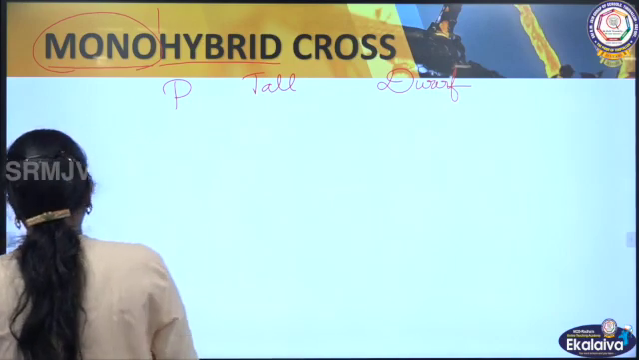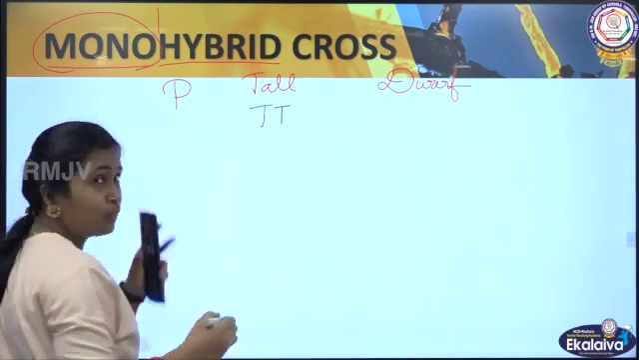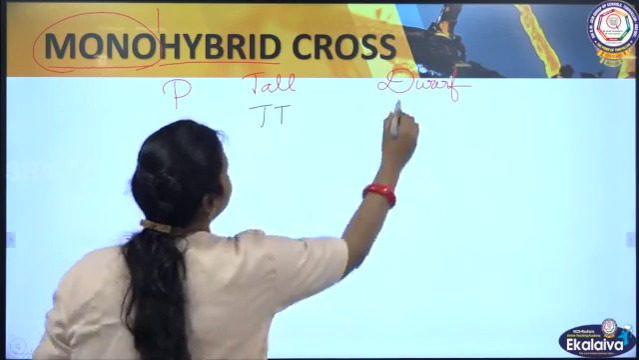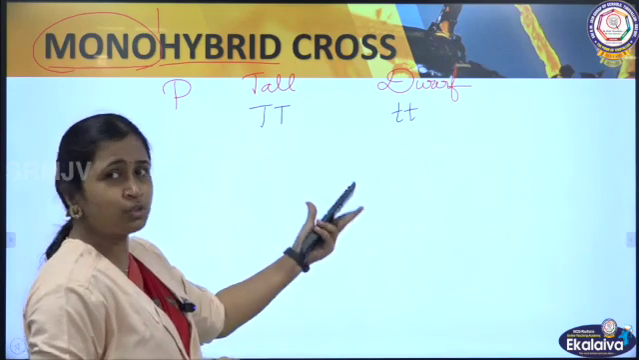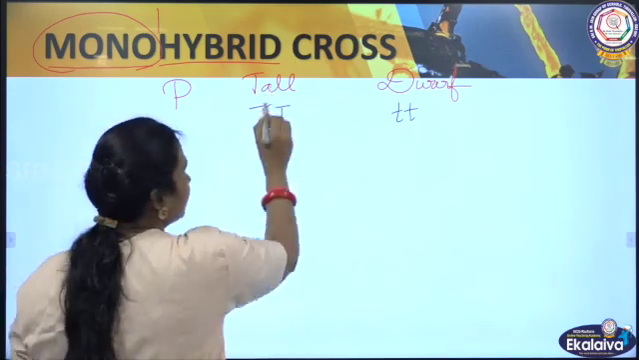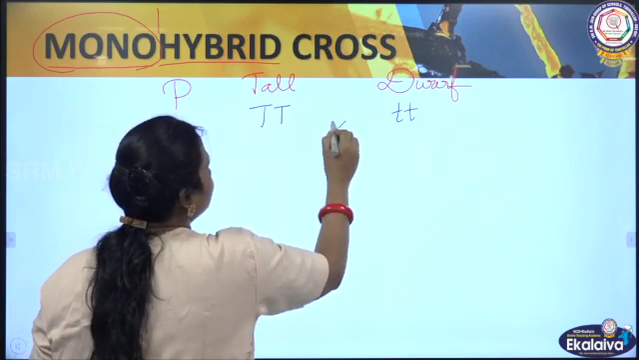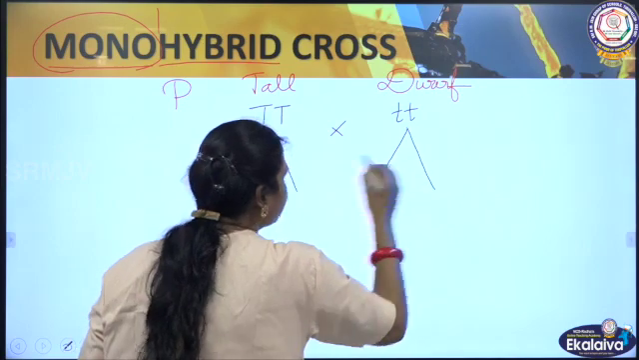Tall plant I am going to represent with the letter capital T, which you call the genotype, and then small t, which you also call the genotype, for the dwarf. This is phenotype and this is genotype. You have to write both things. Then when it is intercrossed, before that you have to pull out the gametes like this,